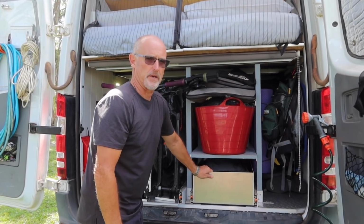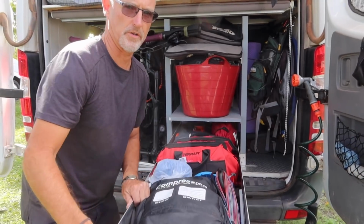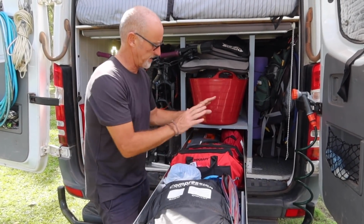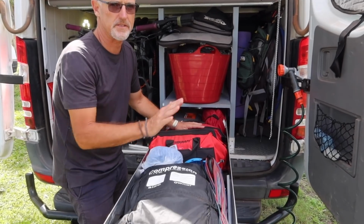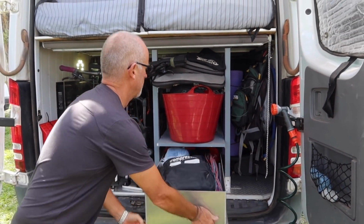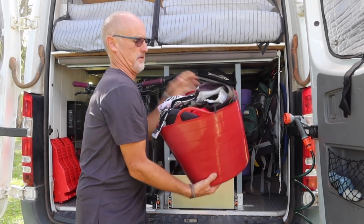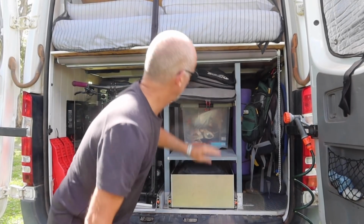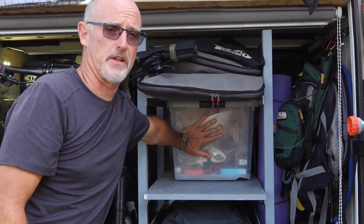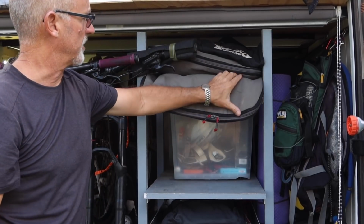So here we have a custom made slide out drawer, again aluminium, on heavy duty rated sliders, and in here we have room enough for tool bags, another kite and other accessories. Above the slide out drawer we've got a bucket full of kite gear, behind that a box full of mountain bike gear, and behind that another large box that holds our kite surfing gear, so all our toys, including above that 2 boards,